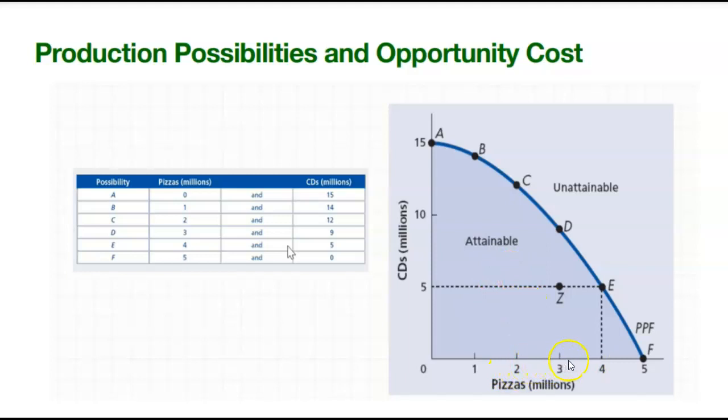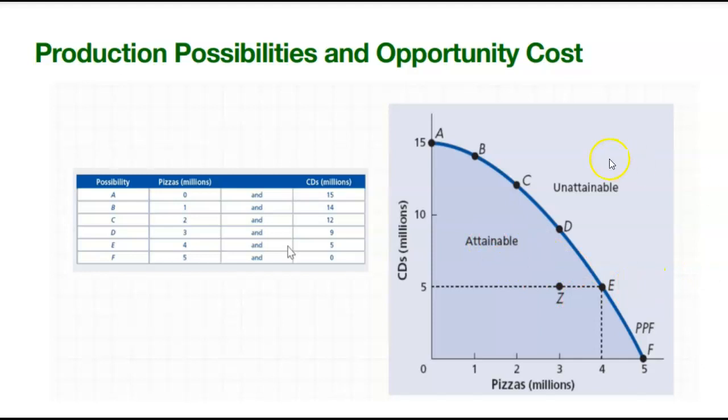But as you go to the right, what happens? The CDs are going down. And it makes sense, okay? You cannot make 15 CDs and 15 pizzas. If you're going to make 20 pizzas, then the CDs have to decrease for you to make those 20 pizzas. You only have like 6-7 hours in a day, okay? So it takes you 30 minutes to make pizzas and 30 minutes to make burgers, for example. If you make one more burger, then you basically have to reduce the other product, right?